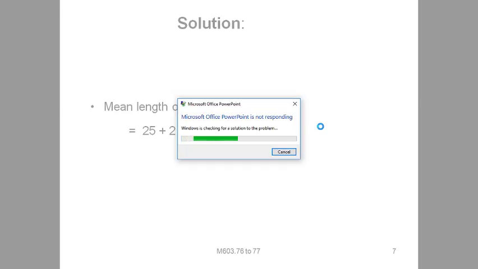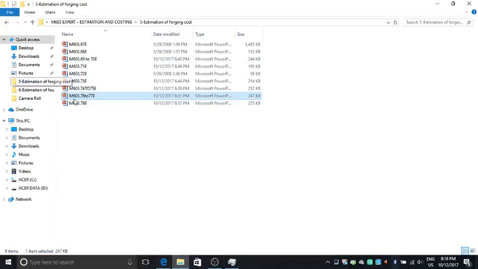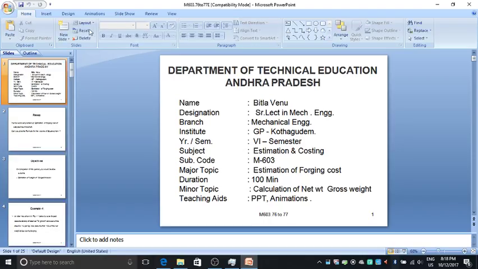So I am closing this and I will restart this once again. Okay, I will restart this. So I will close this PPT. Okay, so I will restart this once again, so you don't have any objection here. So I'm restarting this. So then,